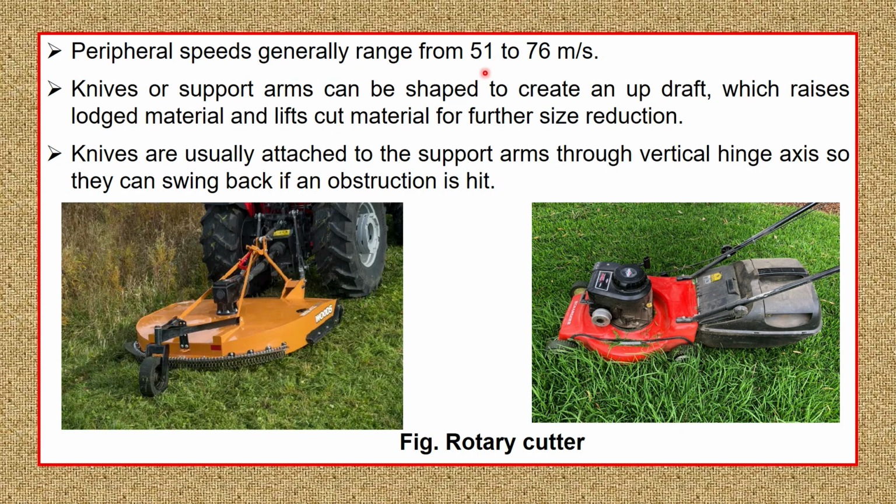So they are able to operate at a peripheral speed of 51 to 76 meters per second, and at that peripheral speed, any crops which come across this rotating blade will be cut into pieces. So the knives or the supporting arms may be shaped in such a way that they can lift the larger crops, and that lifted larger crop may be further cut into small pieces, and that's how their